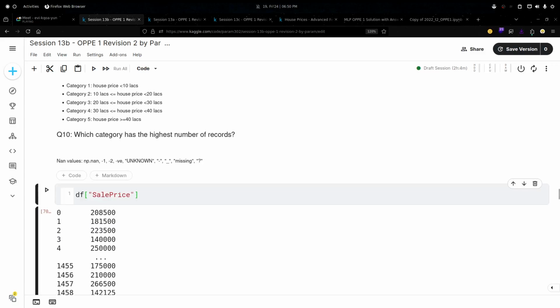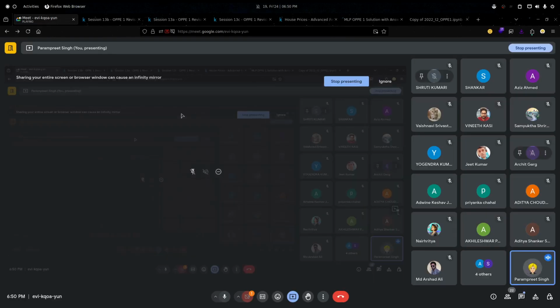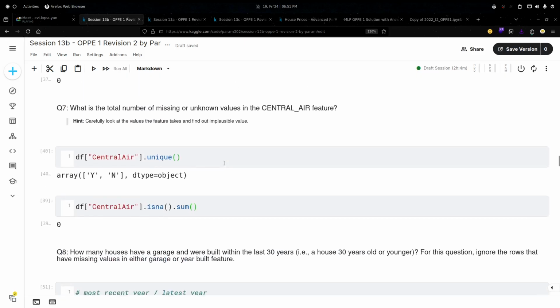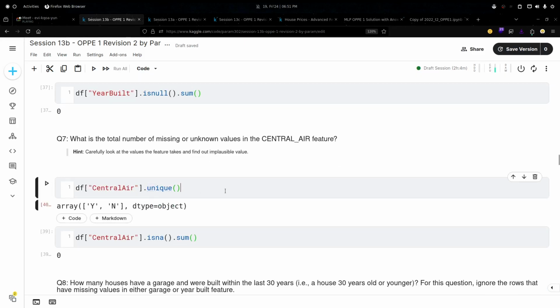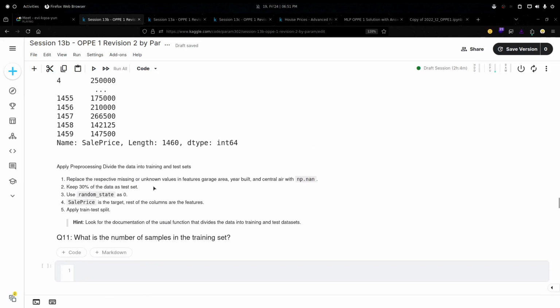So we can have various kinds of nan values. You have to figure out by yourself by looking at the data and various columns. You can check by the unique function, which I have used quite often above. So you just have to do all this.